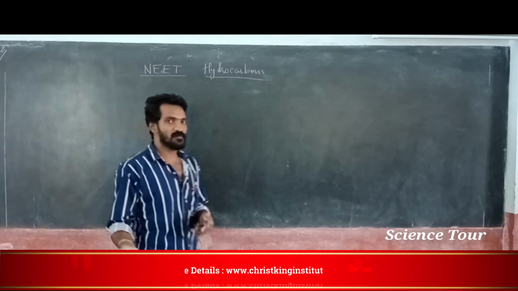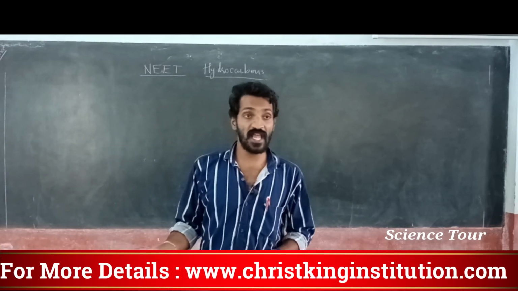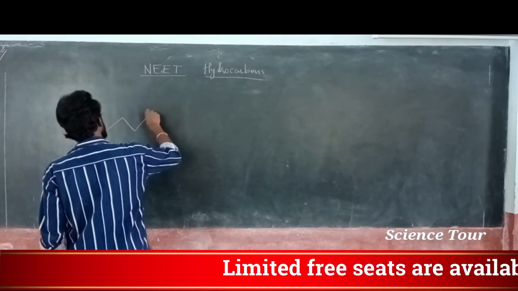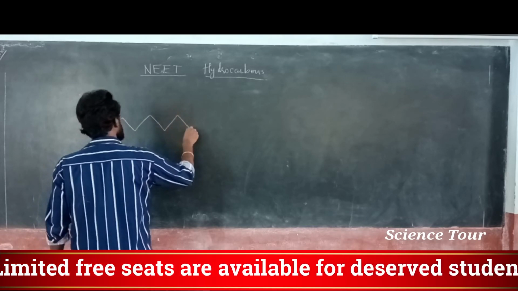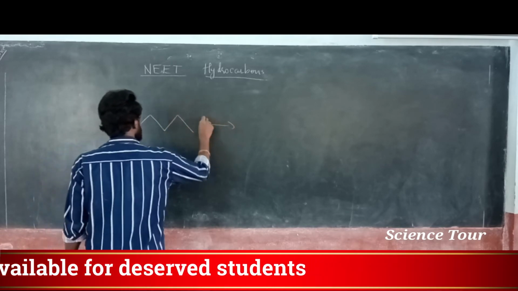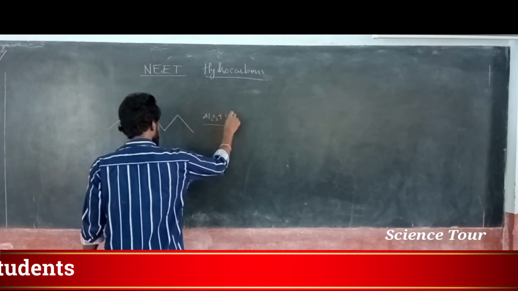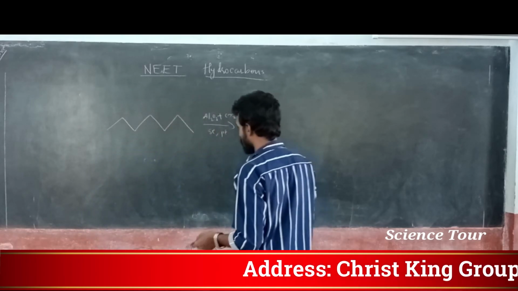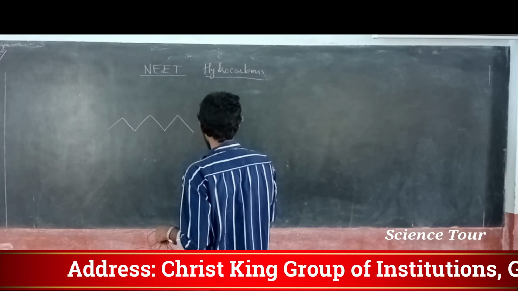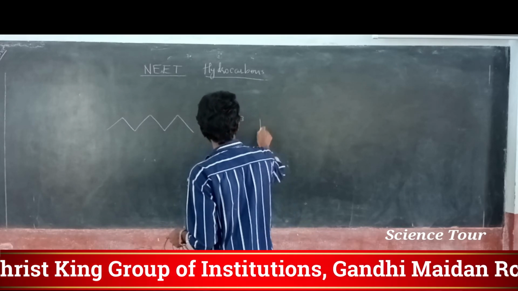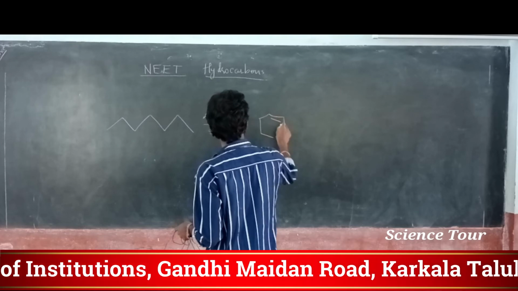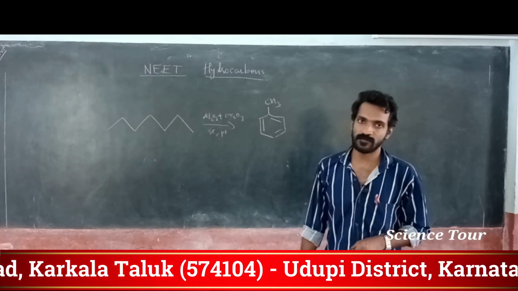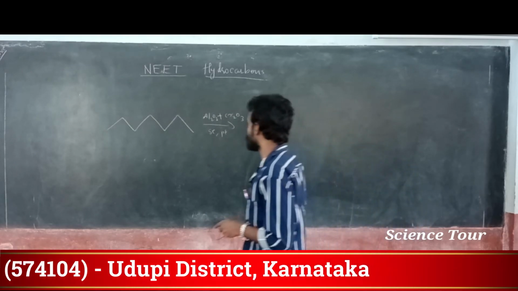My dear students, for aromatization, at the beginning N-hexane is used, then N-heptane is used, 7 carbon, 1, 2, 3, 4, 5, 6, 7 carbon. If you convert this one in the presence of aluminum oxide and chromium oxide, selenium, platinum, what does it give, my dear students? Aromatic compound. Which aromatic compound does it give? Toluene. Okay, toluene.